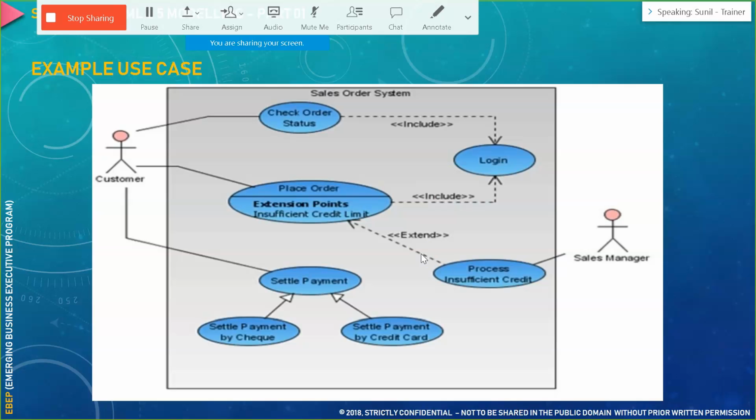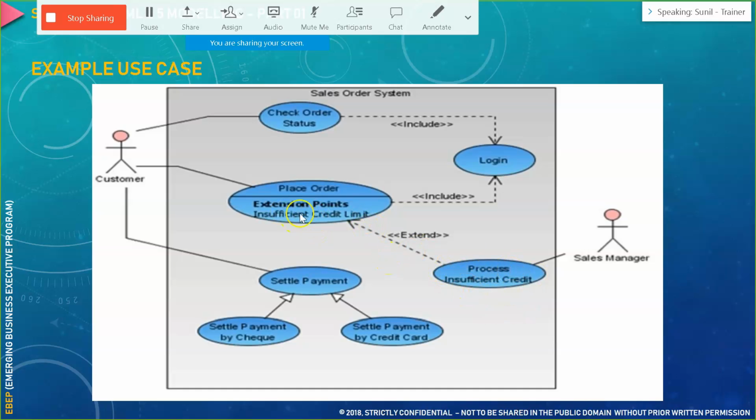Now what is an extension point? An extension point is nothing but anything that triggers a particular use case. For example, here our extension point is if the fund is insufficient. Only when the fund or the credit limit is insufficient would this use case get extended or called. In every case, it won't be extended.